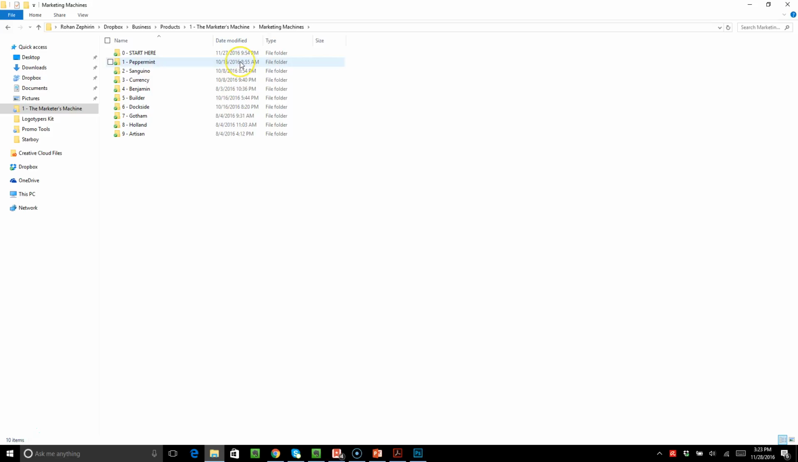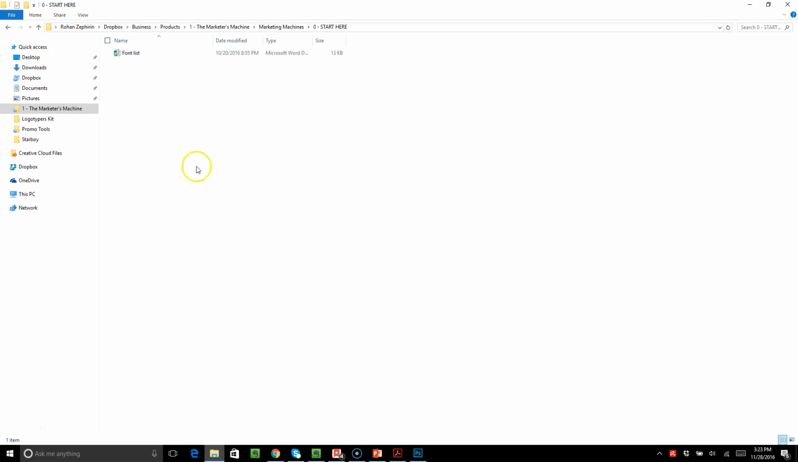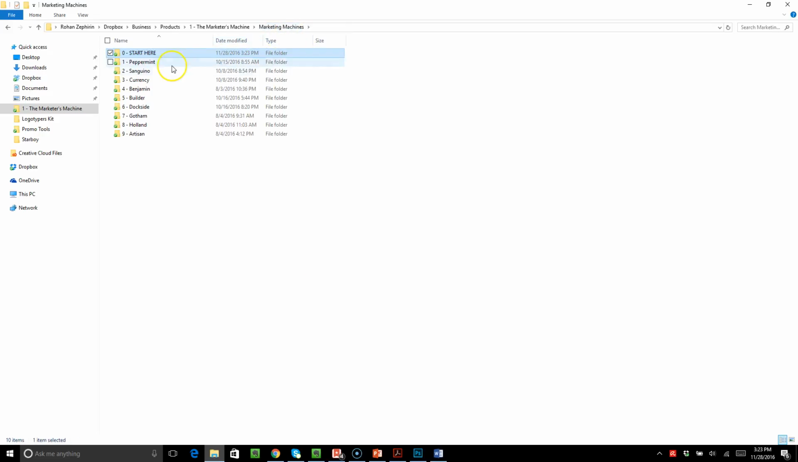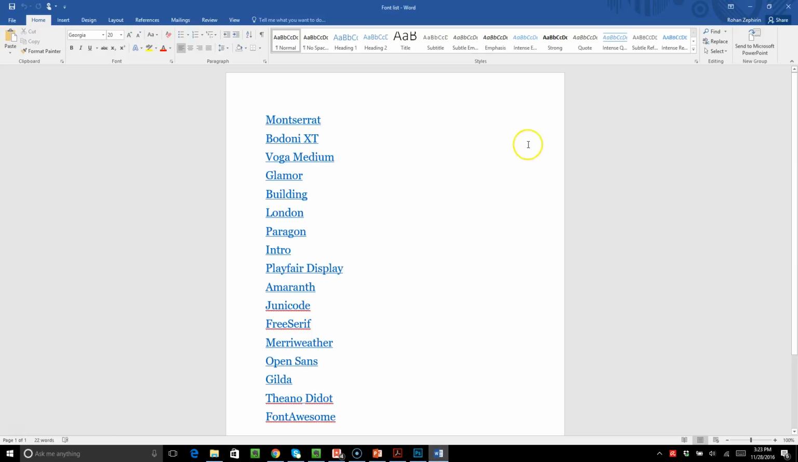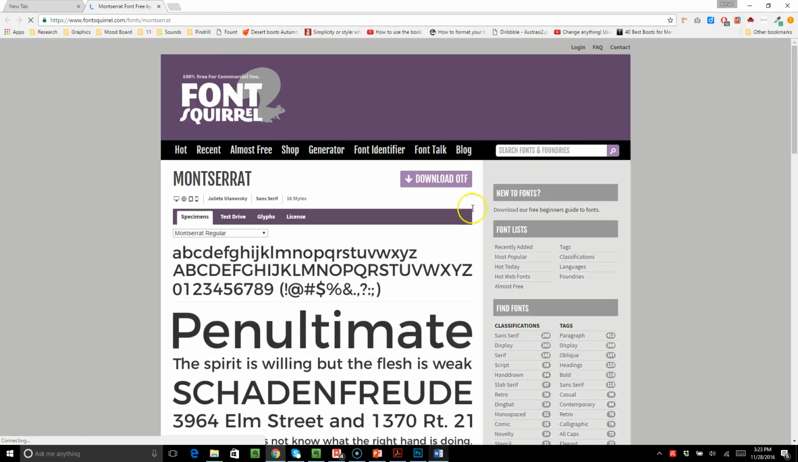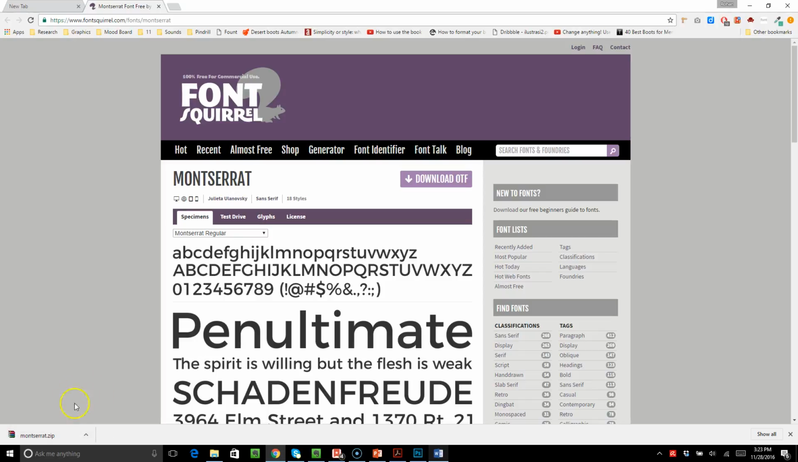So without further ado, let's just go ahead and open up. Actually, you want to start right here. So all these have different fonts that they use. First thing you want to do is come in here, open up this font list, and begin downloading your fonts. All you want to do is just click on your mouse. This is going to take you to a link. You click download OTF here. It's going to pop up at the bottom left, I'm sorry. All I'm going to do is open this up,